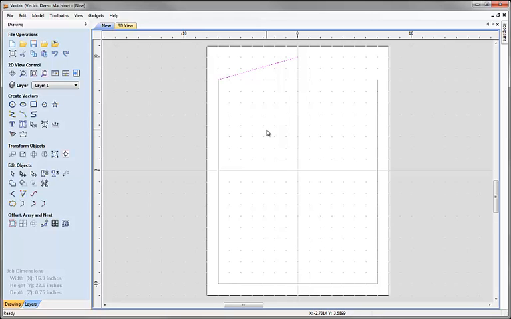I'm going to hit N on the keyboard for node editing. That's the shortcut key for node editing. We could also use this icon here, and I'm going to hover over the line here so you can see the cursor changes and I get the wave showing below it, and that shows me that I'm over a span of a line and allows me to use shortcut keys such as the B key, which will turn this into a Bezier span. So if I hit B on the keyboard, this becomes a Bezier curve and we get the